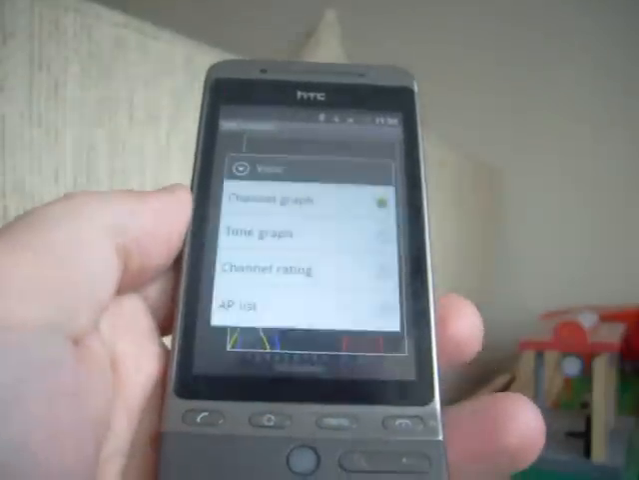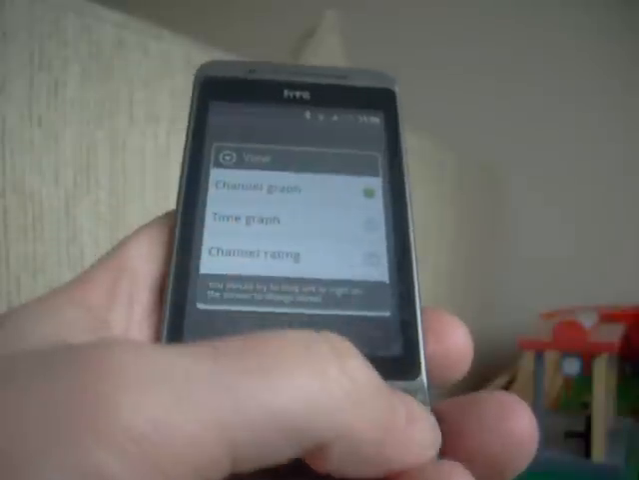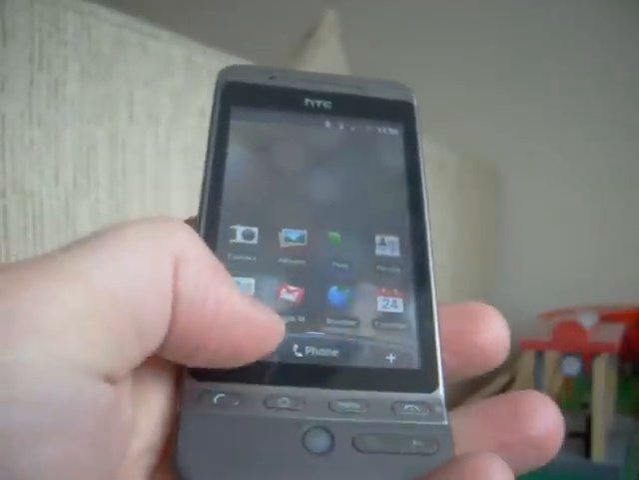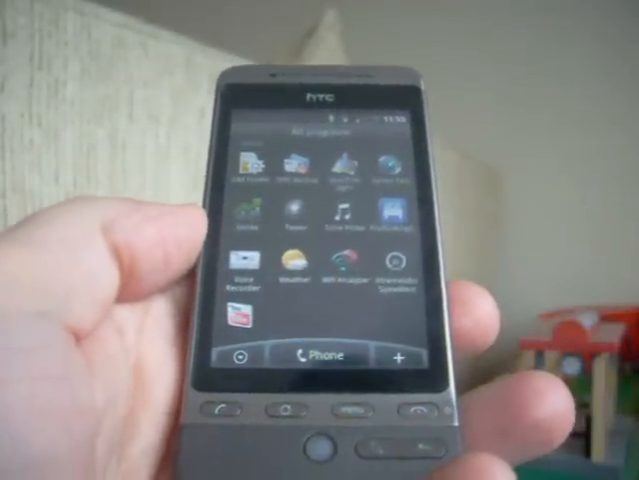You can also have a look at the time graph, channel rating, stuff like that. It's another useful application. Speed test. We've got